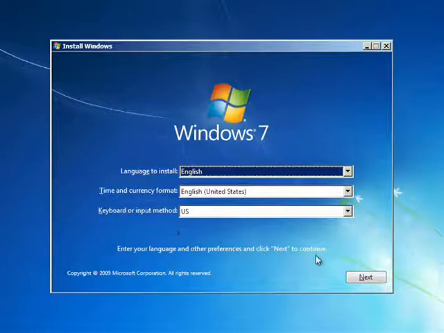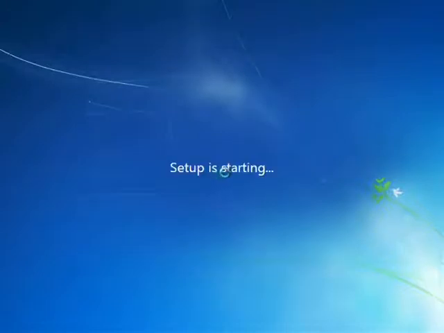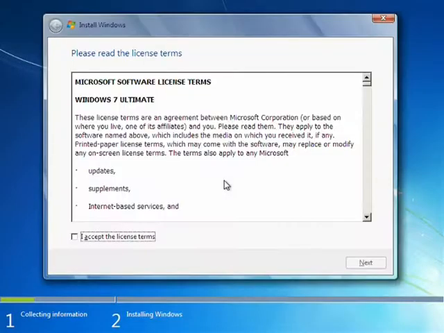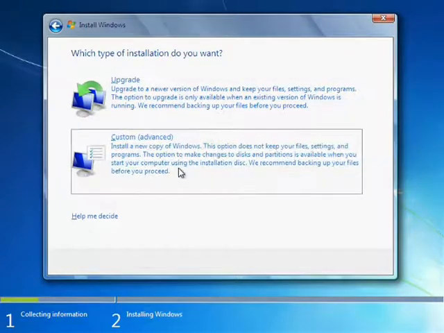This is where we pick our locale and our keyboard. We'll just click next. Then we have three options: install, learn a little bit more, or repair. Again, this part has been sped up again. And here we see the EULA. We'll just click accept. And then the next is where we either upgrade or do a custom install, which is